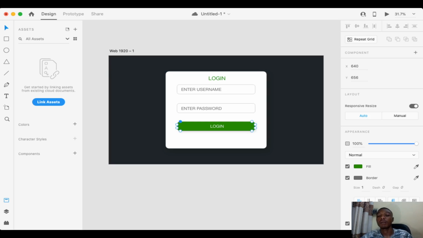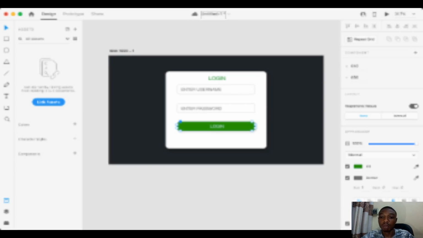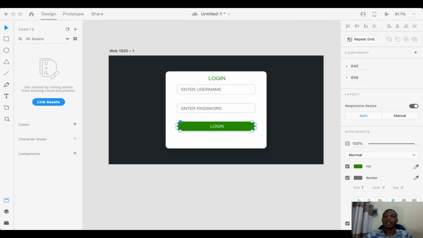And that's what I want to introduce you to, this Adobe XD. Remember, I'll leave the link to download Adobe XD down below for you to download and install. It's free with a small size, and you can play around with it